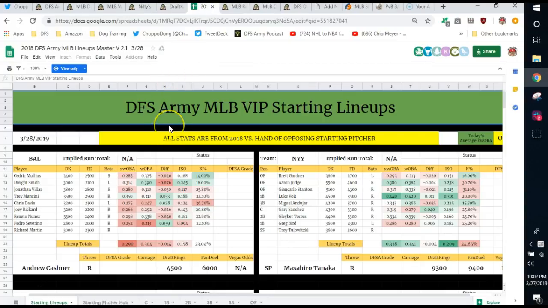But another thing that I consider before I get to the research station oftentimes is our starting lineups page. When I go through our starting lineups page, I can see these lineups populate through the day as lineups get released. And I can see pricing between DraftKings and FanDuel. I can see what the handedness of the batter is. I can see pitching information down here at the bottom with our own proprietary DFSA grades, which are a catch-all